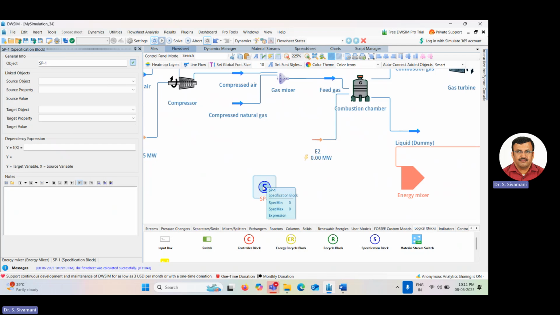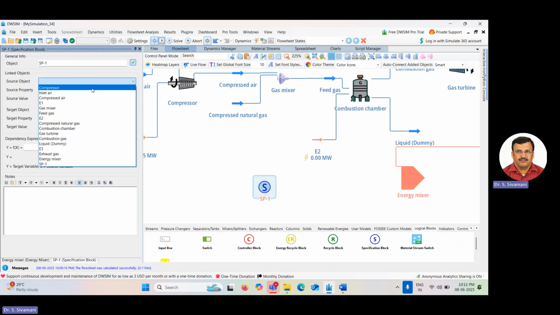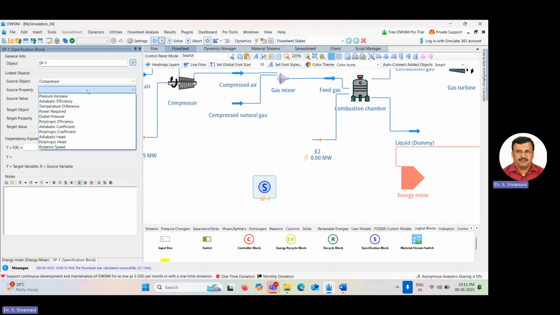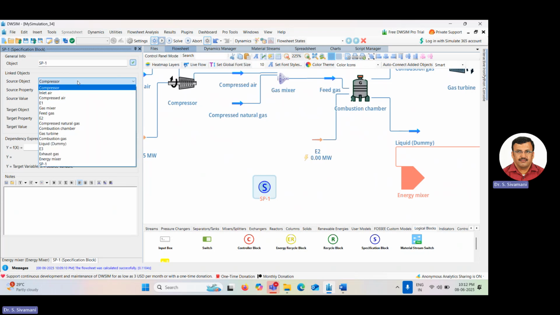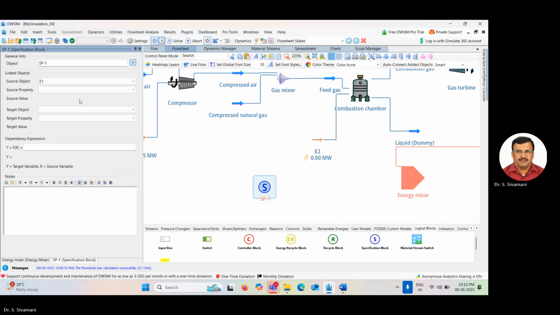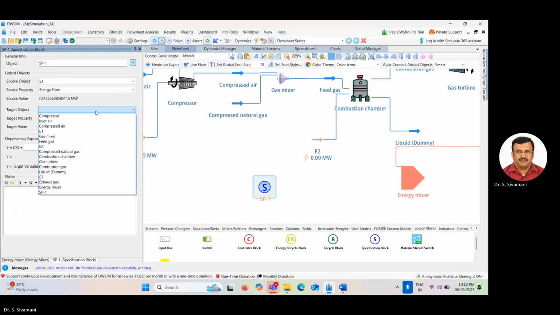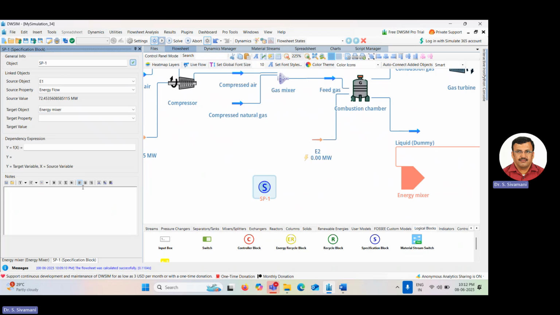Now click on the specification block. No need to rename this specification block, as it is not a major component. The source object is compressor, and source property is energy flow. Sorry, it is not compressor, it is E1. The source object is E1 and the source property is energy flow. The target object is energy mixer, and the target property is,